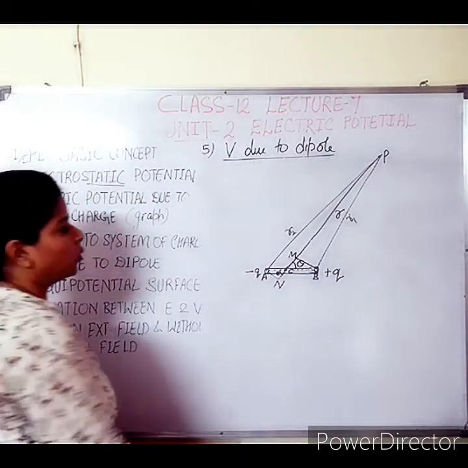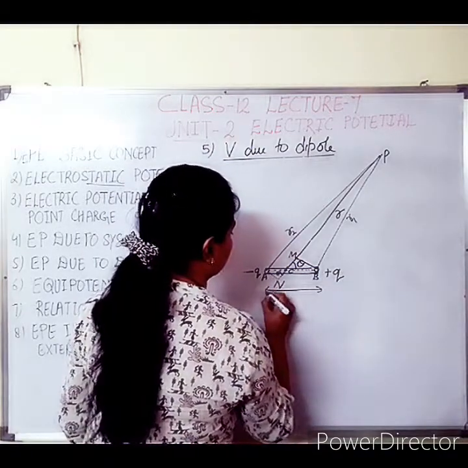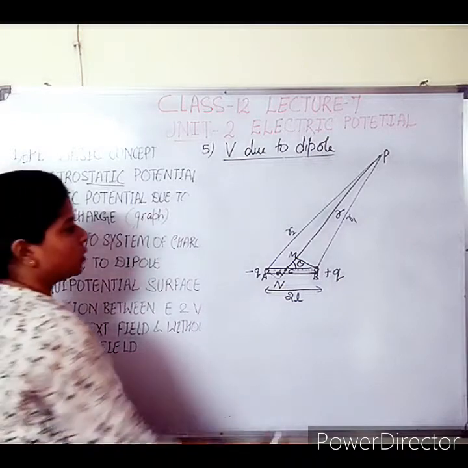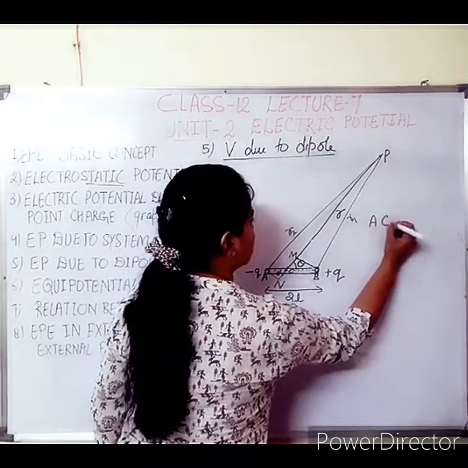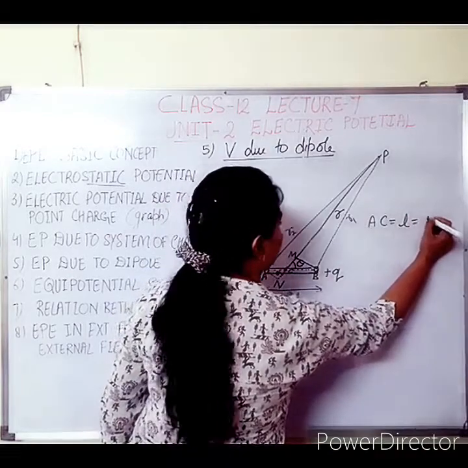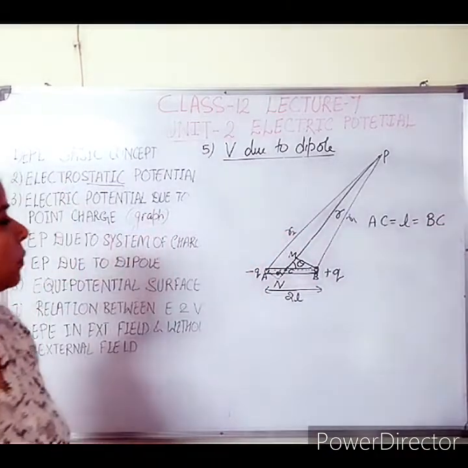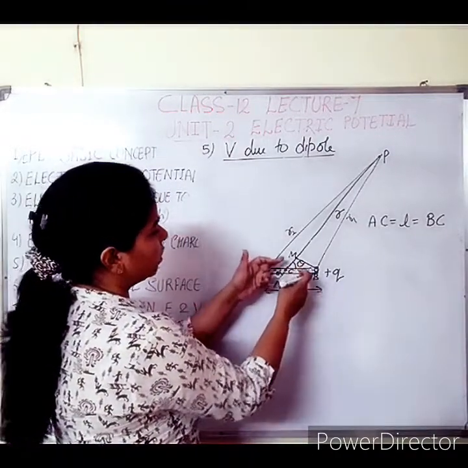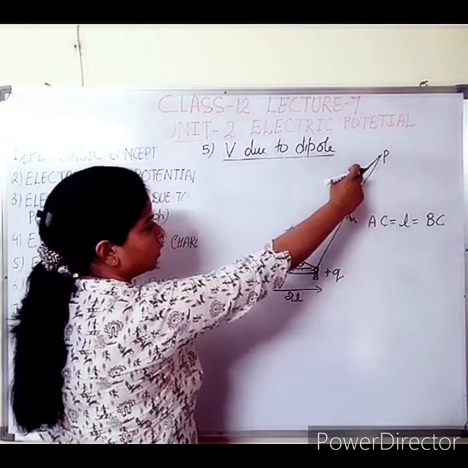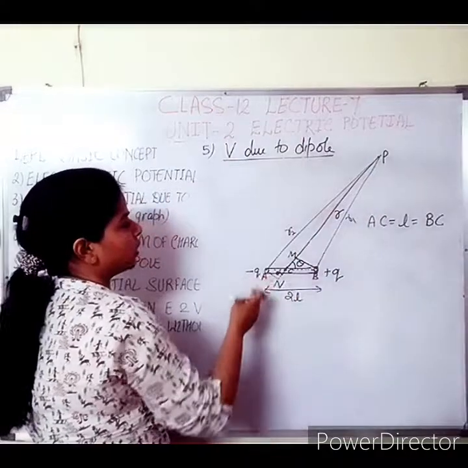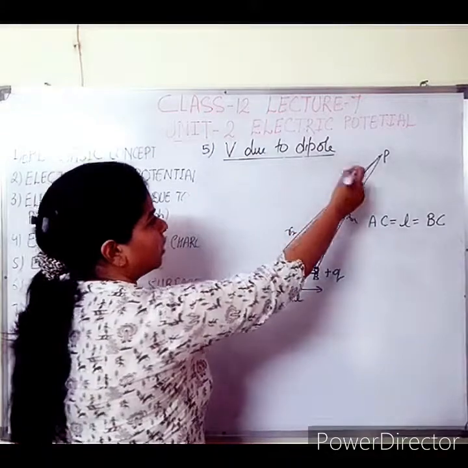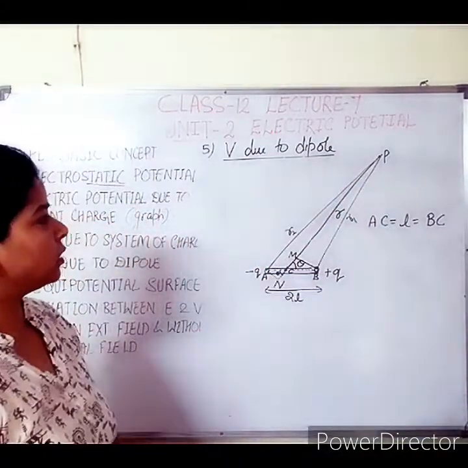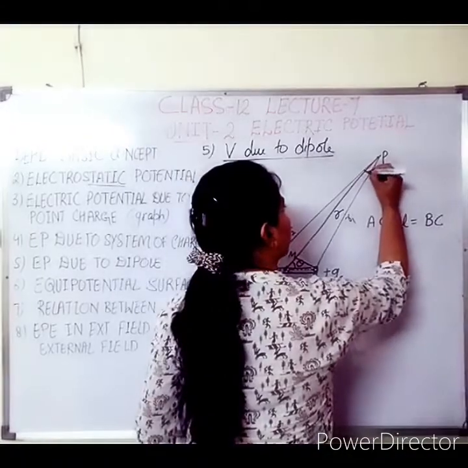Okay, let the dipole length, the total length is 2L I have taken earlier, so one length is L. So here you can write down the points: AC is equal to L is equal to BC. And afterward you can see why we have drawn the perpendicular line. If we are taking that P point is very far from the dipole, this R length is very far, so as far as the point P is going from the dipole position, the smaller will be this angle.